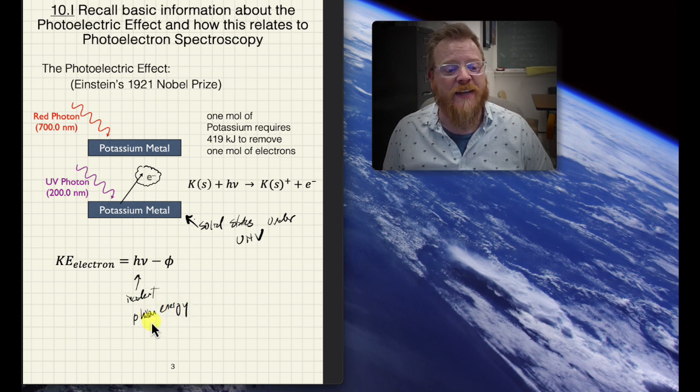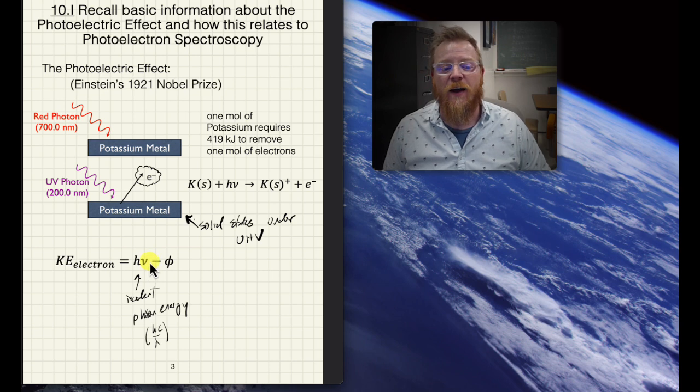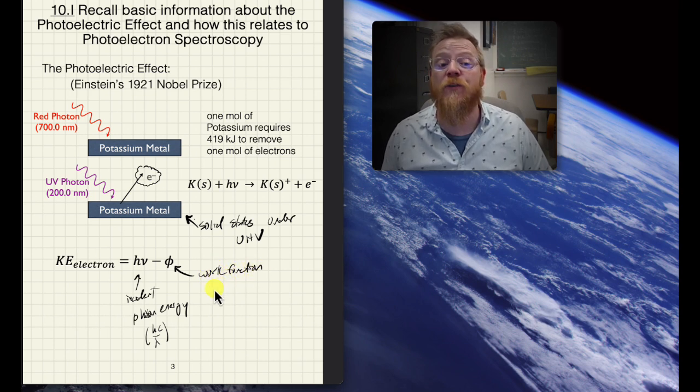We recognize we could also write that as hc over lambda if we wanted to think about the wavelength instead of the frequency. And then that's less the work function, which is the energy required to remove an